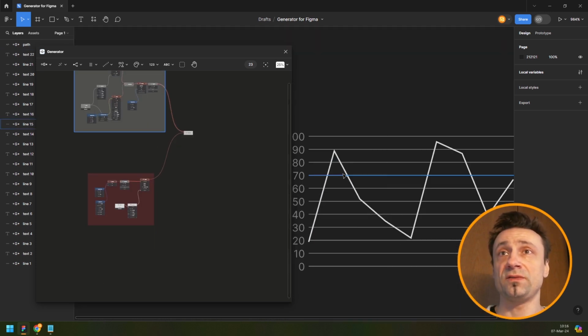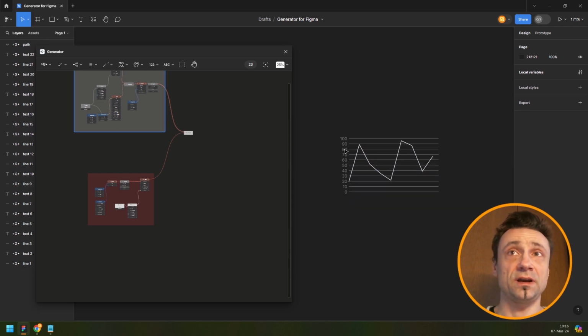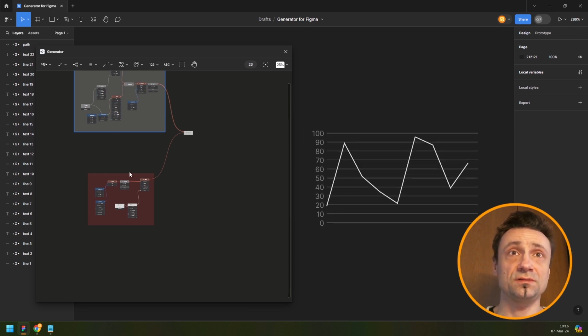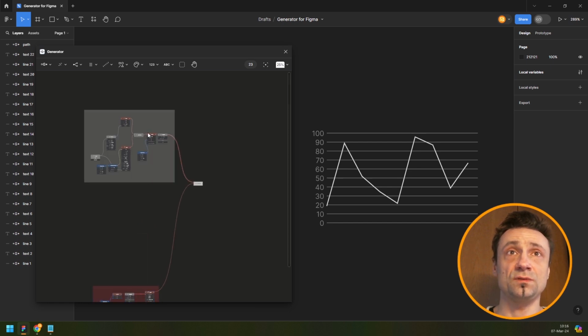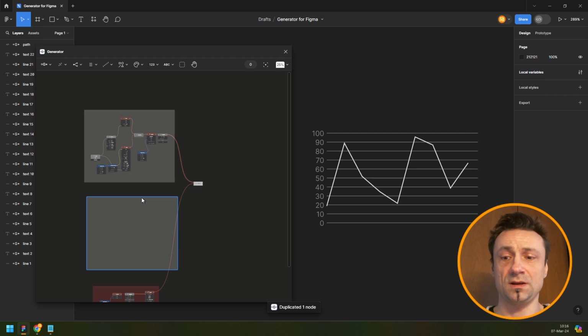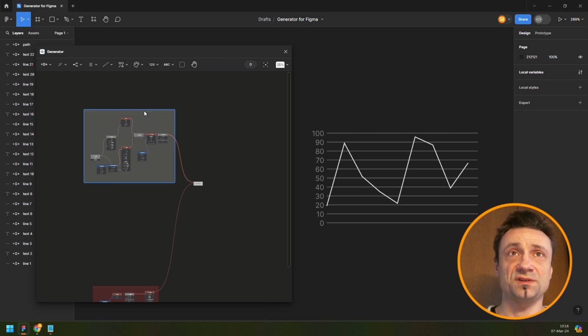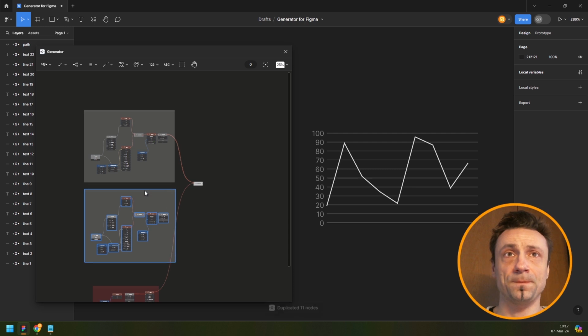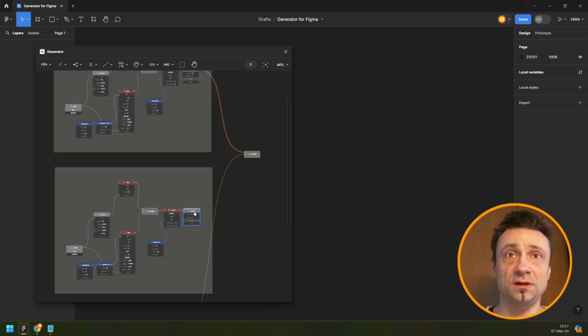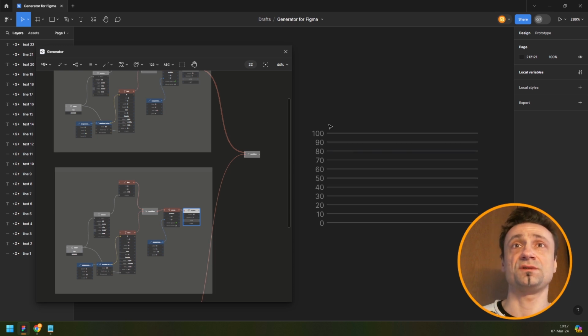So now that we have the horizontal lines, I think we could probably add the vertical lines. It's not going to be very different. In fact, I think what we can do is we can just copy this whole thing over here. That doesn't give us anything because that's just the panel, so we need to double click it and then copy everything over here. But now we just have two copies of the same lines. So let me repeat only this so that we can only see this